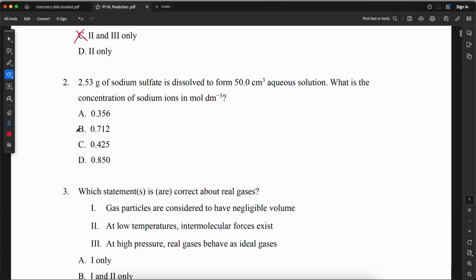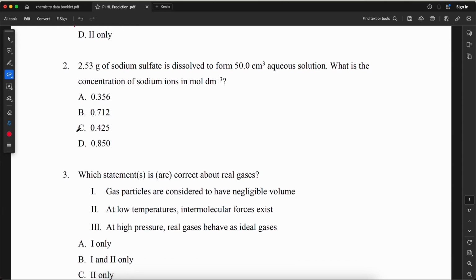2.53 gram of sodium sulfate is dissolved to form 50 centimeter cube aqueous solution. What is the concentration of sodium ions in mole per decimeter cube? So for sodium sulfate, that would be Na+, SO4 2-. So the compound would be Na2SO4. When it dissolves in water or aqueous solution, it produces Na+ and SO4 2- ions. This will be 2. And through the mass of sodium sulfate, we can find the mole, which is